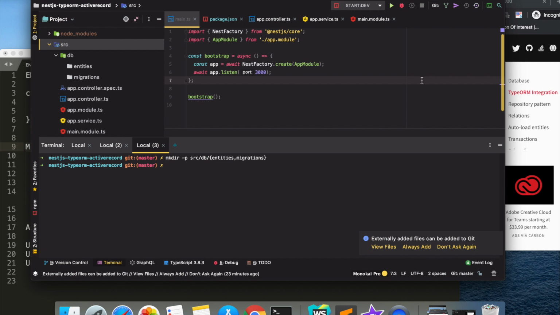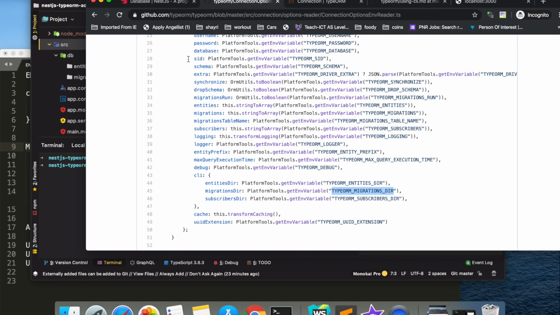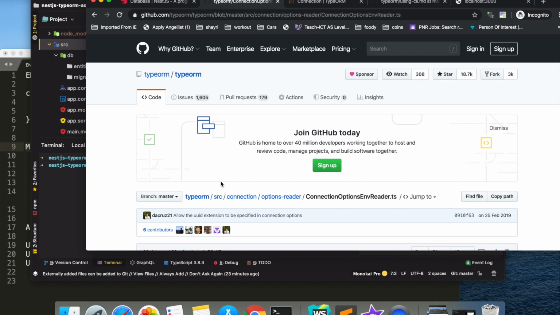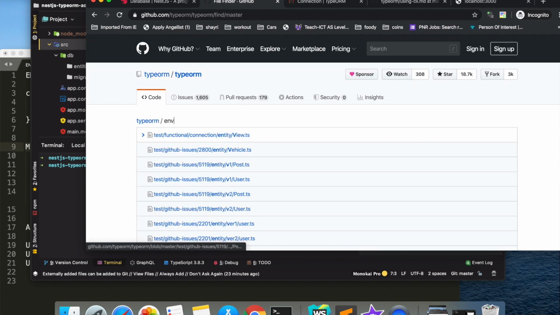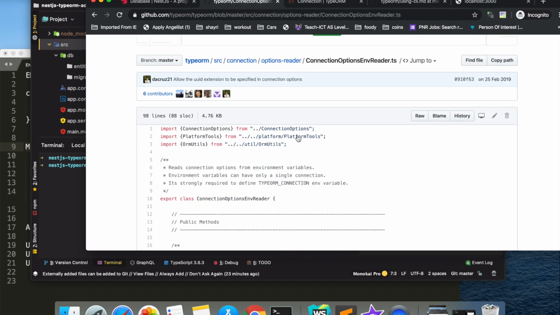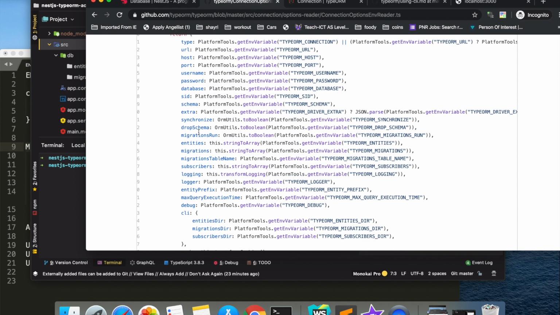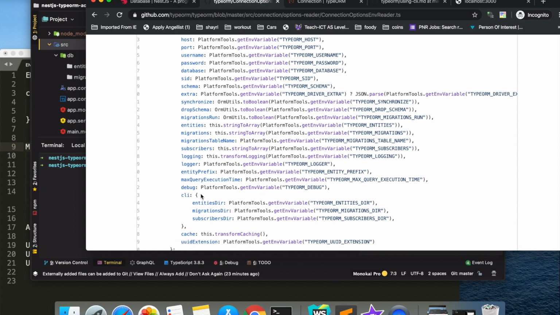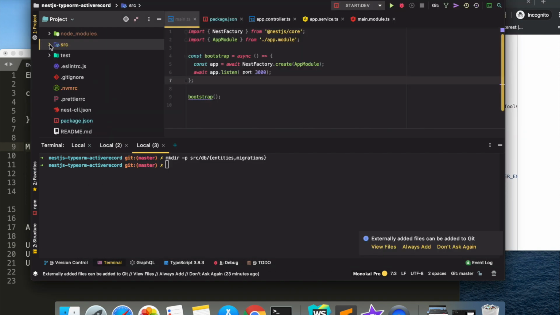For that, we are going to go into the code of TypeORM and find a file in the readme. Here you can see there are a couple of environment variables. There are lots of them, but we are obviously not going to use all of them. We will see what we are going to use here. For that we are going to create an env file.